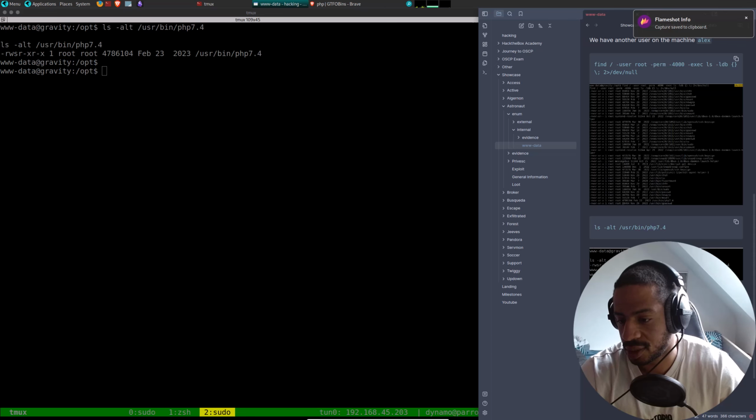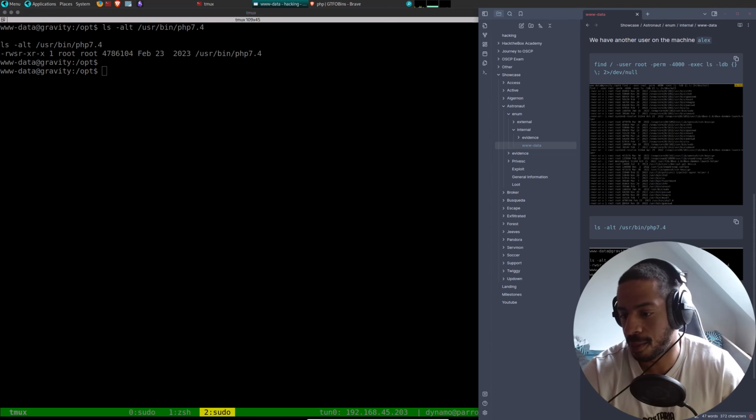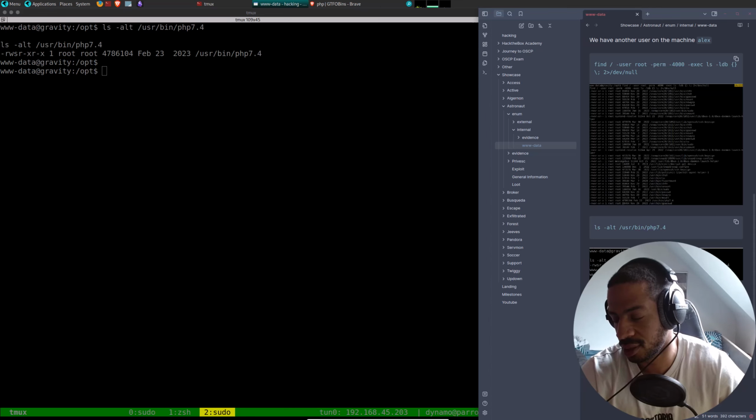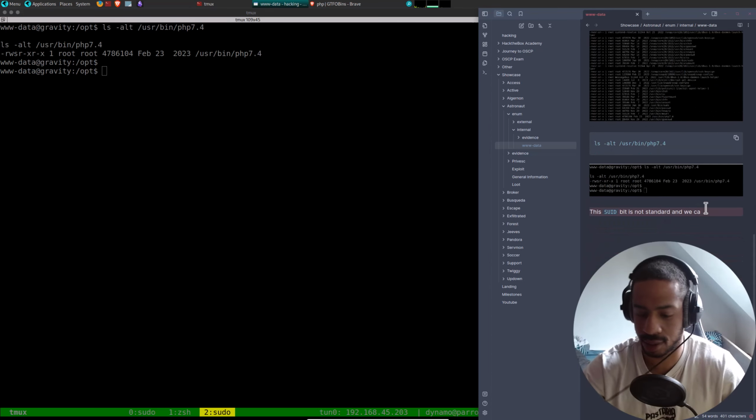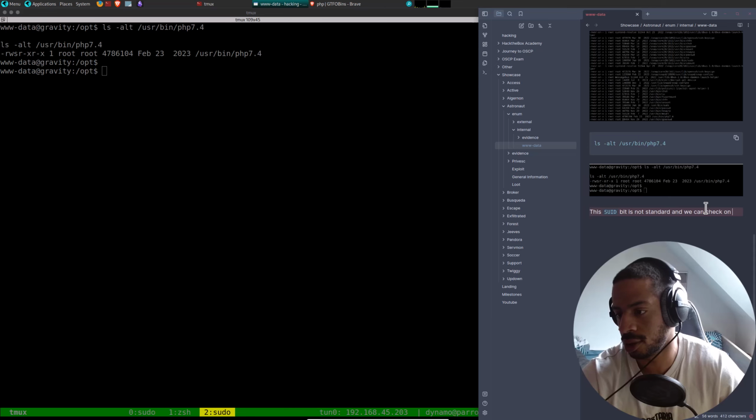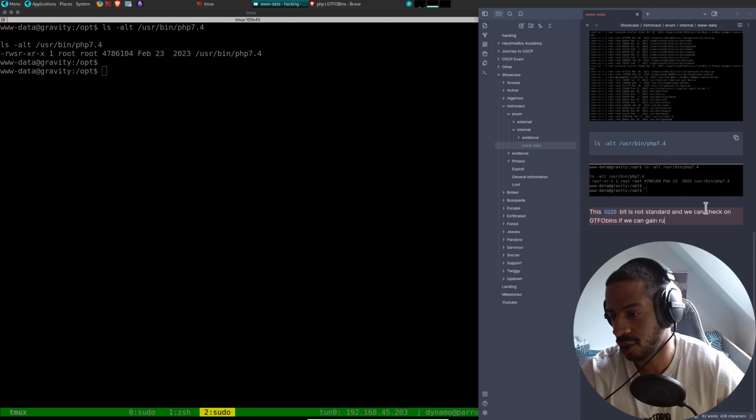So this SUID bit is not standard, and we can check on GTFOBins if we can gain root through it.